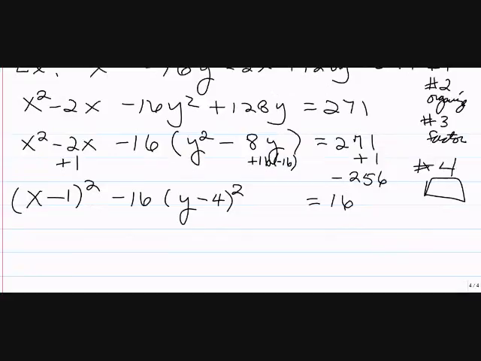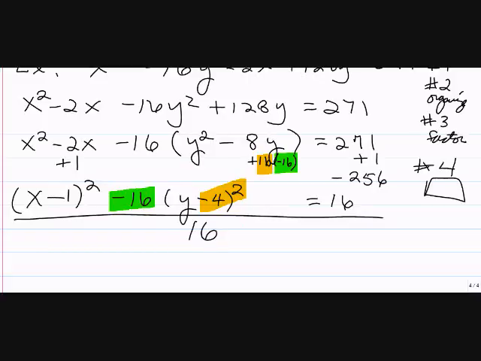Yes. The positive 16 comes from this negative 4 squared. The negative 16 comes from which negatives? It comes from this negative 16 right here. Okay. What kind of conic section do I have? Recognize it yet? Must be a hyperbola because I haven't done one yet. Would divide both